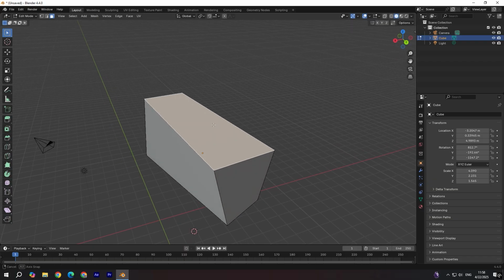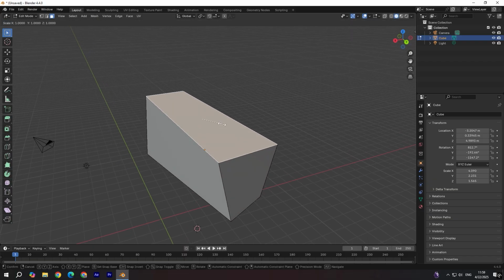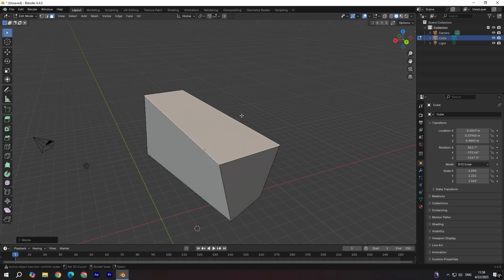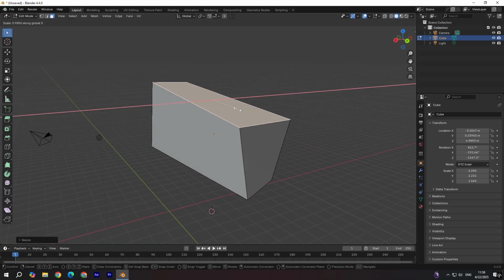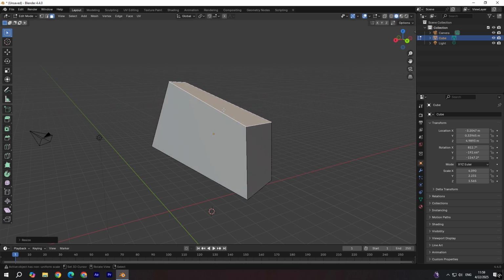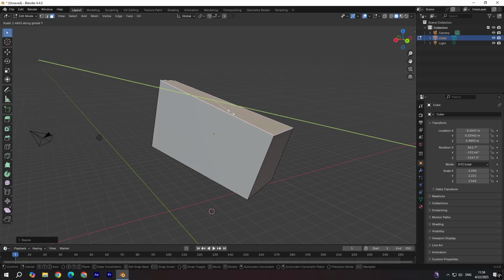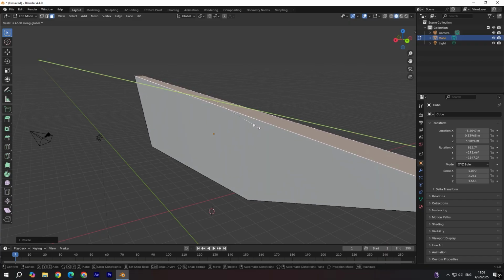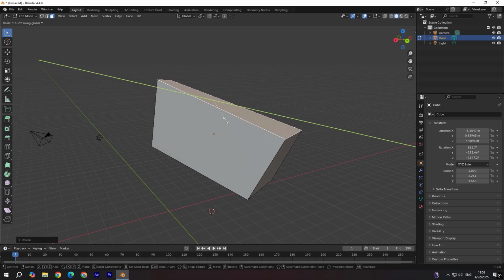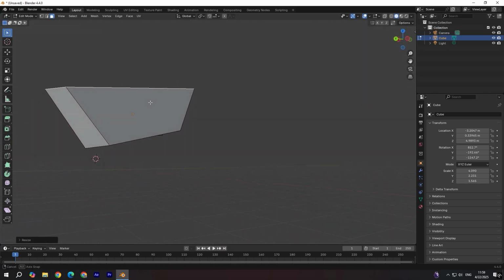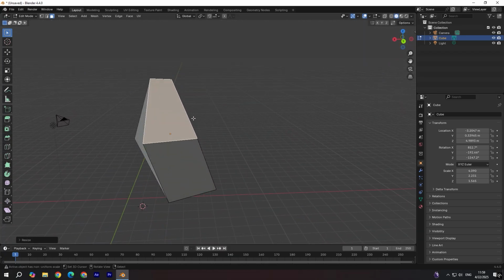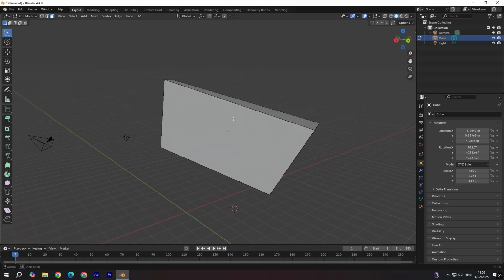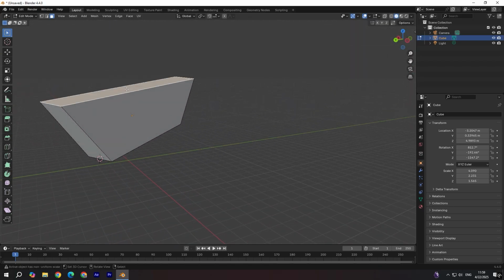Let's say I select this and I click S, and I can scale it however I want. If I click S and X, it will scale it along X-axis. If I click S and let's say Y, it will scale it up along Y-axis. And finally, I'm going to show you how to use extrusion. So when you select a face, let's say this one,